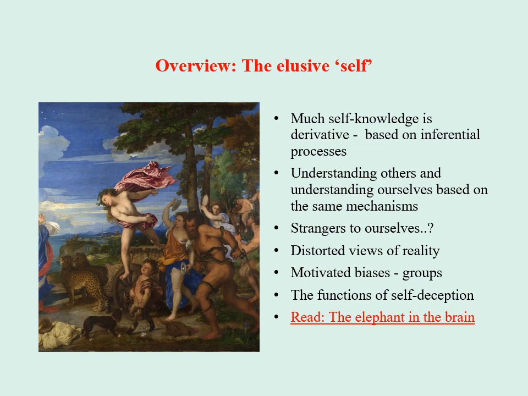It's particularly important that many of our biases are motivated. They serve the purpose of maintaining a positive self-image, overvalue the identity groups to which we belong, and devalue other groups that we often see as competitors. So self-deception is essentially a way in which we construct a reality rather than the reality itself. And once again, I suggest to look at the book The Elephant in the Brain, which is a very nice and readable description of the many ways in which human beings come to deceive themselves.